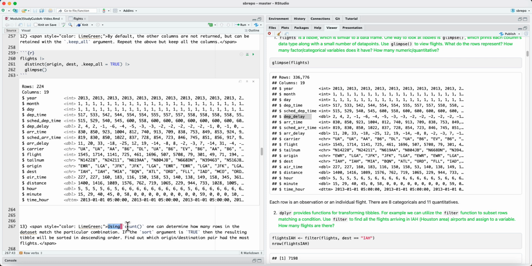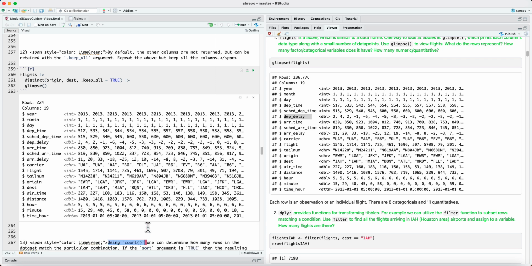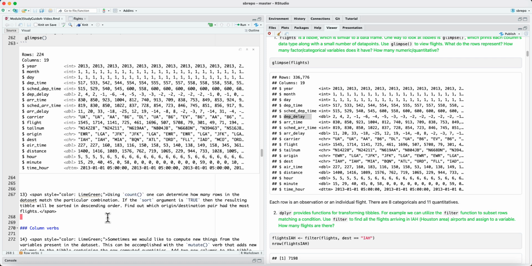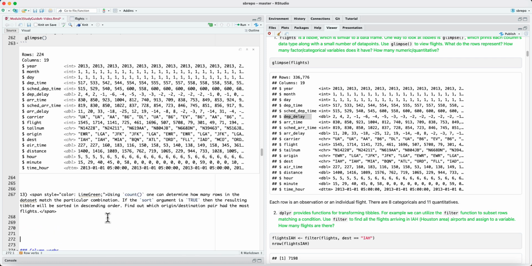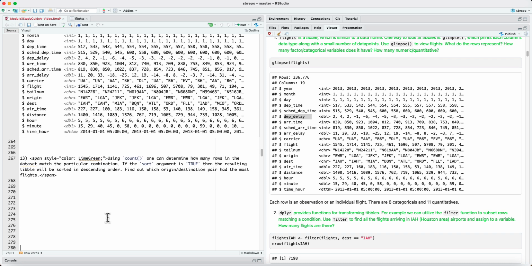In that situation, we can use the count function. And let's say we wanted to determine the number of flights in 2013 between each pair of origin and destination, then we could pipe flights to count